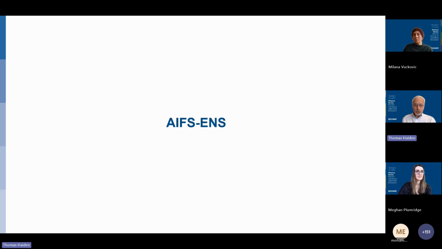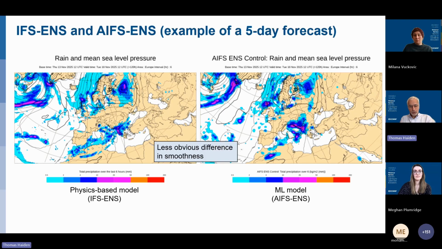Okay, and as promised, we are now moving over to the AIFS ensemble, which has only been operational for a few months now. But again, if we start with the kind of picture that I showed at the beginning, and this, by the way, is the precipitation that is falling right now. So this is the 6 hours between 6 UTC and 12 UTC this morning in a 5-day forecast. You can check, if you are somewhere located on this map, which one is better. For example, I can see that here in the Mediterranean area, there are major differences between AIFS and the AIFS.